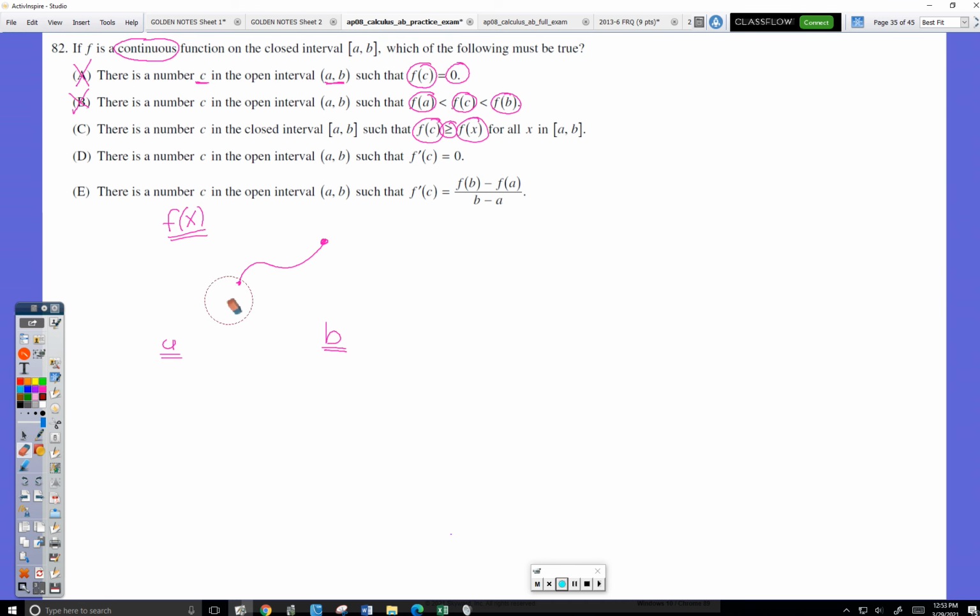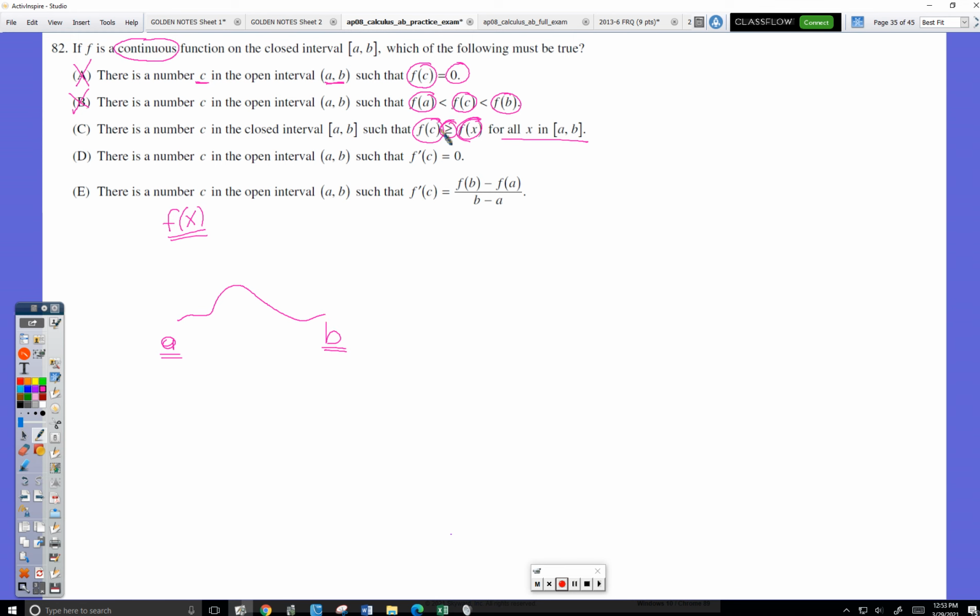So c is representing an x point from a to b, but that x is representing all the other x points? Because it says here, for all x in a to b. That's well done. So f of c means a single y coordinate. So we've got our function f, and one of the y coordinates of f is supposed to be higher than all the others,